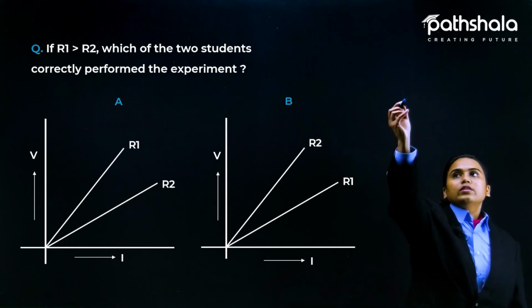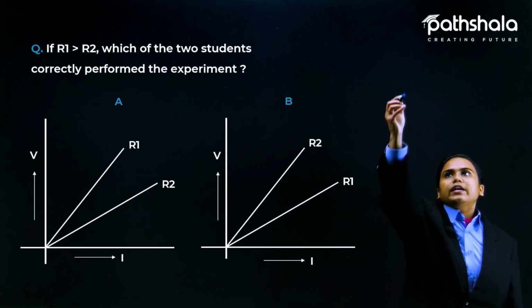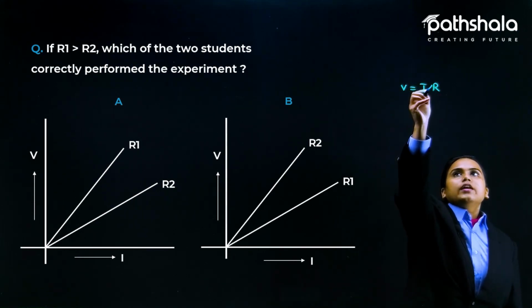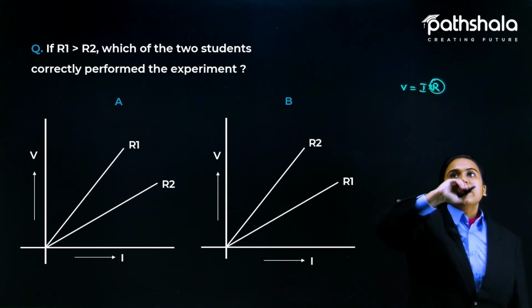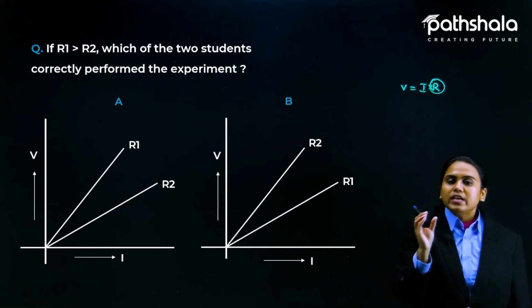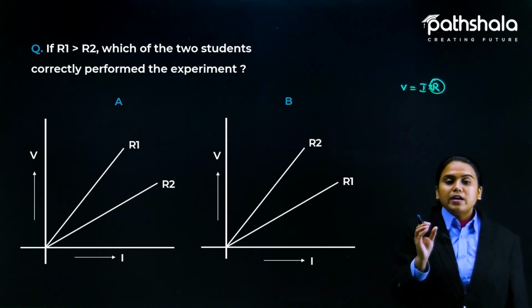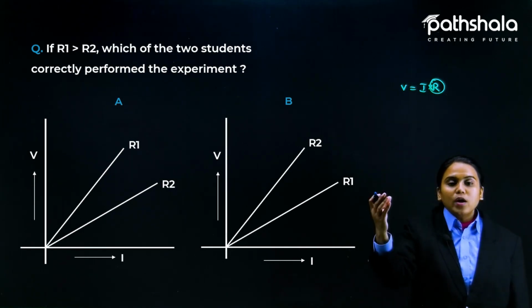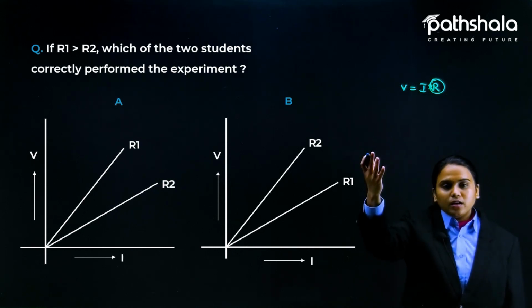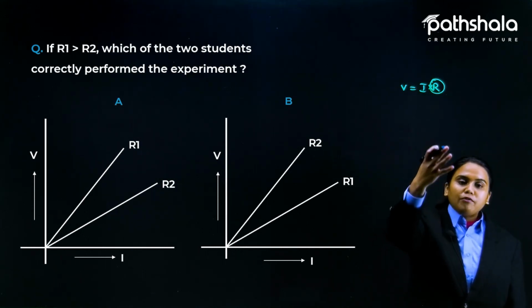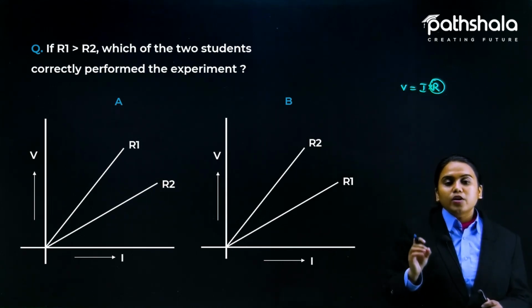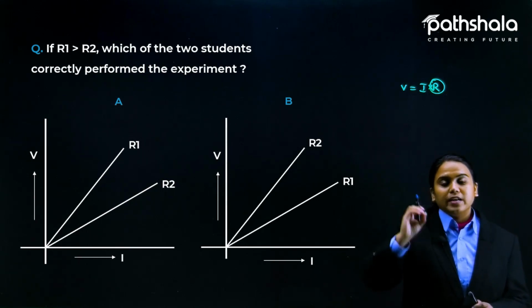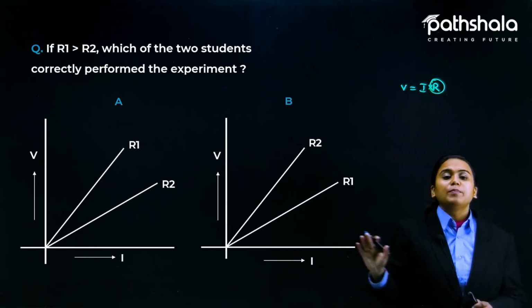Because you know that if we take V as a constant, like in Ohm's law, V equals IR. Here R is a constant term, but for a particular appliance only. If we are taking one bulb and one fan, R1 will be for the bulb and R2 will be for the fan only. It is not like R2 will be considered as the resistance of the bulb. It would not be possible.